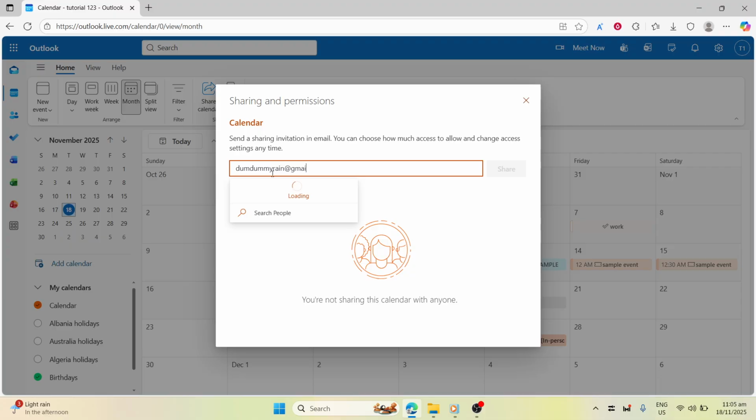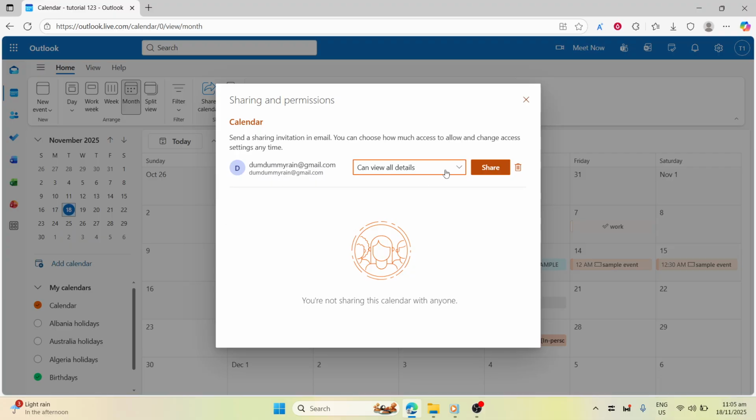The next step is to set permissions for the person or people you're sharing with. Next to the person's name, you'll see a drop-down menu where you can assign their level of access. This is a crucial part of controlling what others can see or do with your calendar. The first option is Can View When I'm Busy, which will only show them your availability, not specific details. Next is Can View All Details, which, as the name suggests, allows them to see all the finer details of